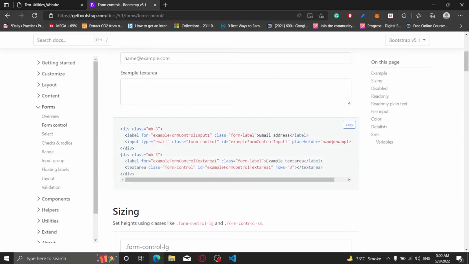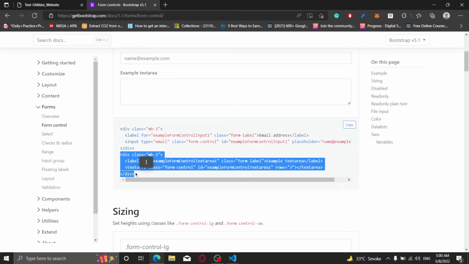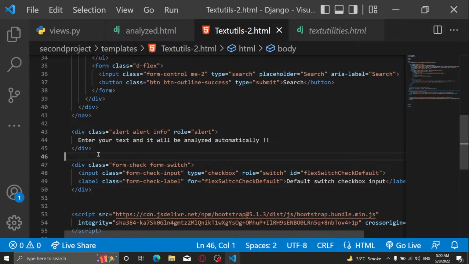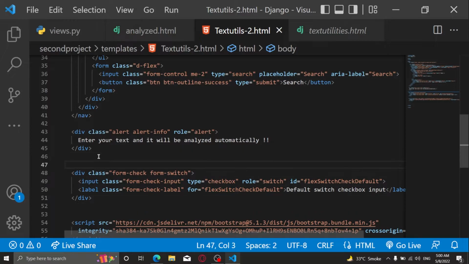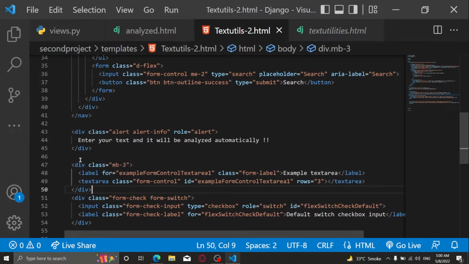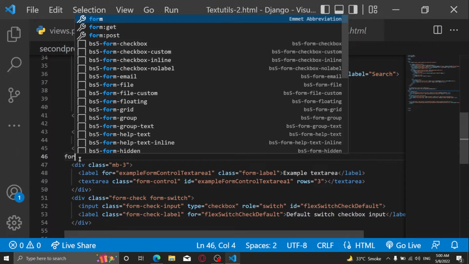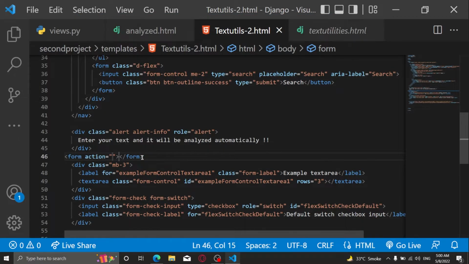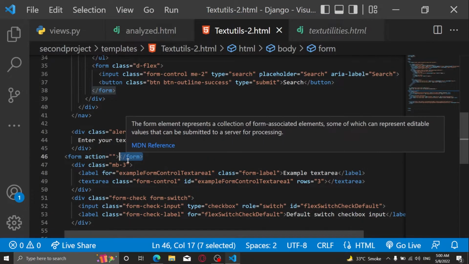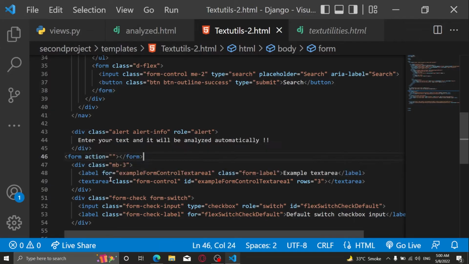Right? See, here it is, the text area. Copy. And similarly here, paste it. Now what we can add here is we can add form and inside this form,